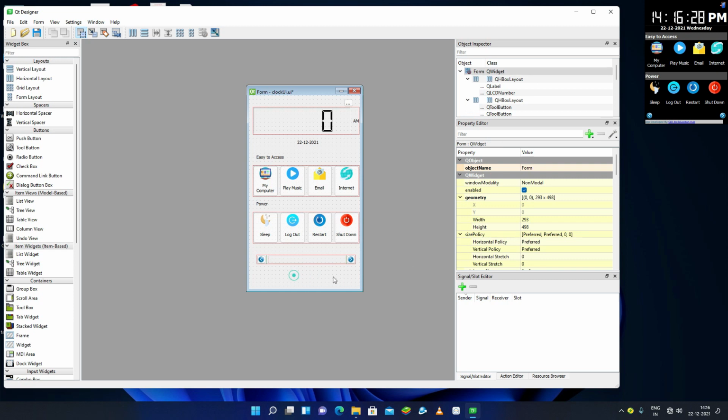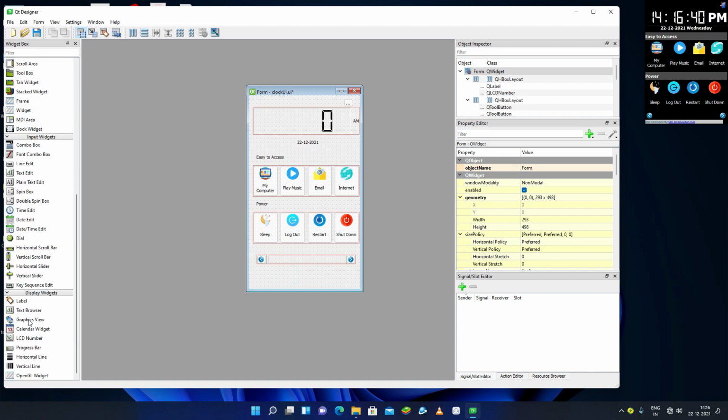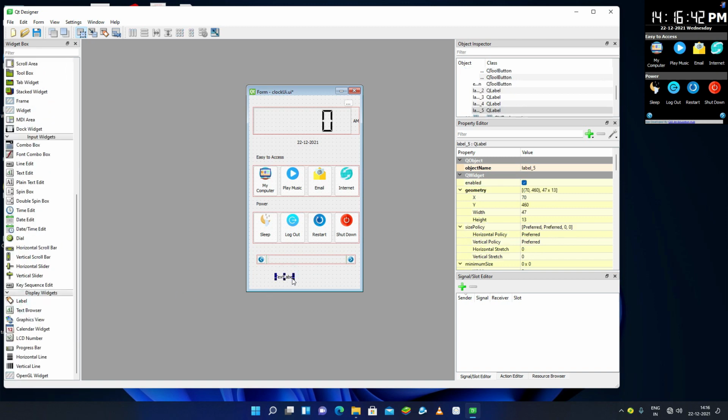So now it is done. Now time to create this label which shows that the app is developed by CRD and Education Hub. So I will create that label using the label widget. So let's select this label widget, and now let's add here: app developed by our team, CRD and Education Hub.